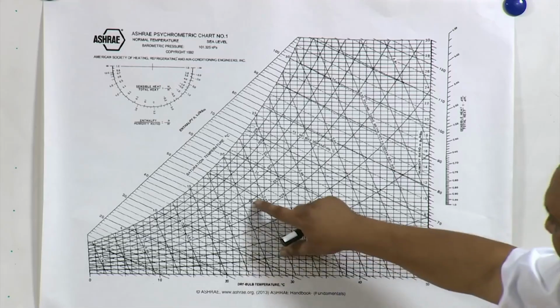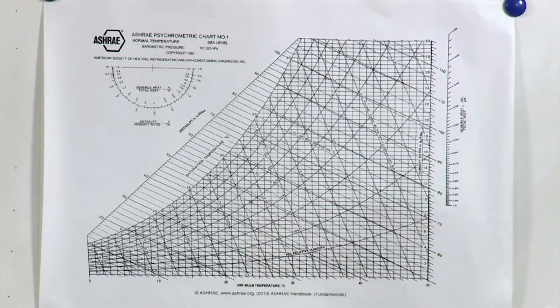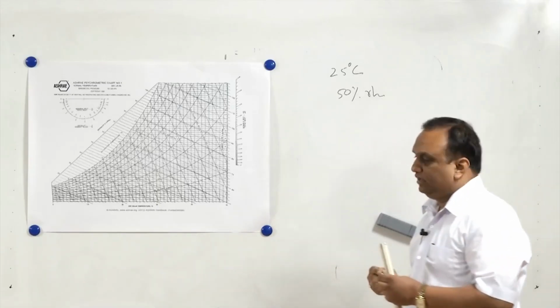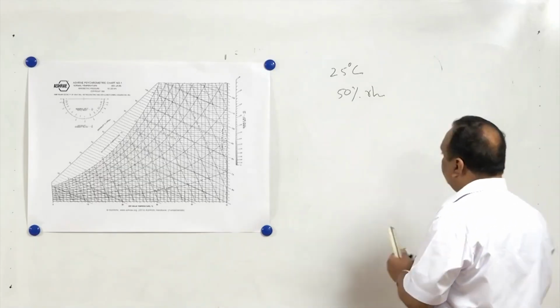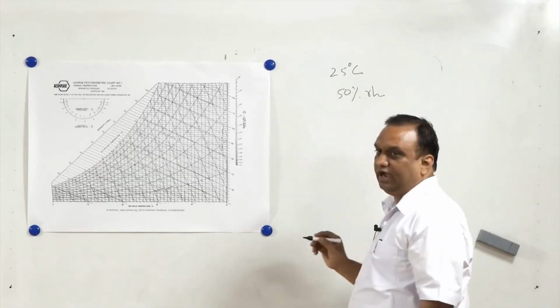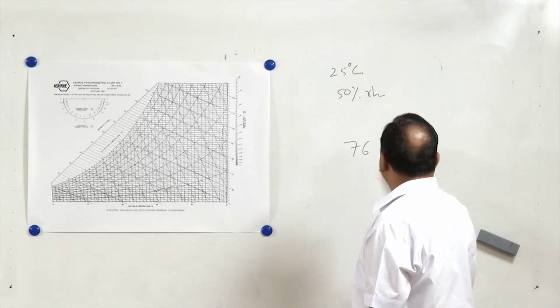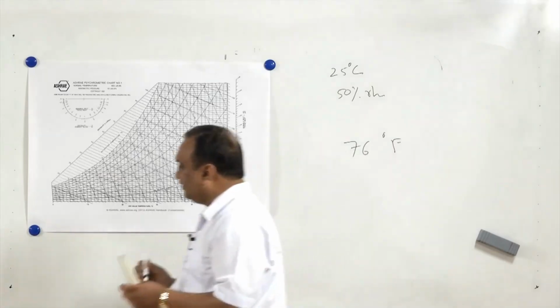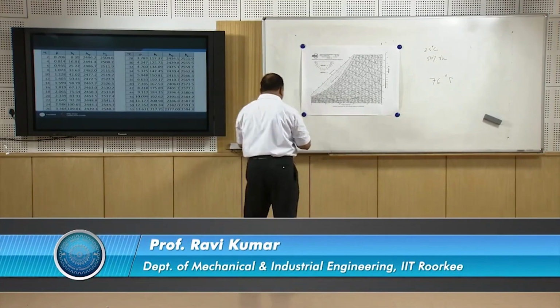Now here the ideal condition is 24 degrees centigrade temperature and 50% RH, but in most of the books you will find that the ideal condition is 25 degrees centigrade temperature and 50% RH. Reason being, it is a statistical value: the temperature at which most of the people feel comfortable is 76 Fahrenheit. Now if you convert this 76 Fahrenheit to degree centigrade,